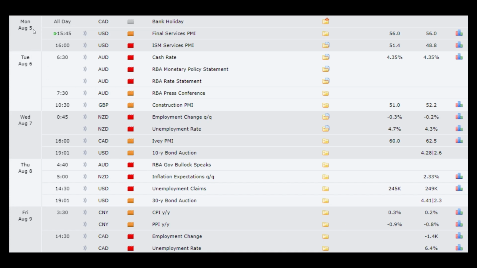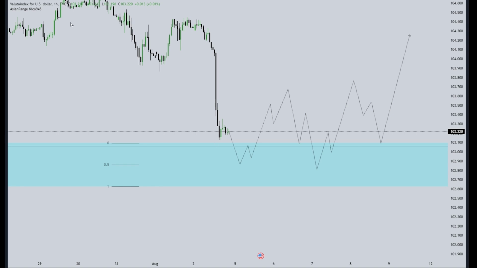So for intraday, you can see pretty much Monday, we just have PMI, right? Tuesday, we just have pretty much no news, and no news here as well. No news here on Wednesday as well. Thursday, no real news as well. And on Friday, no real news as well. So we don't really have any news. Meaning, I would think this will be the start of a high time frame consolidation and a low settling in for engineering. So I think we'll just do seek and destroy programs. I think, however, it will reach this, so I think we'll go lower first, lower Monday, Tuesday, and then seek and destroy programs throughout the rest of the week, and then just continuing, right?